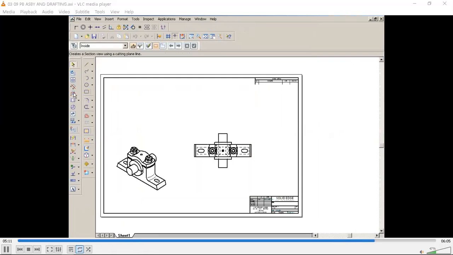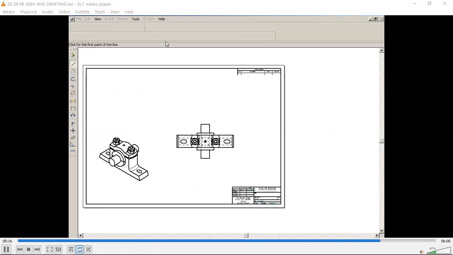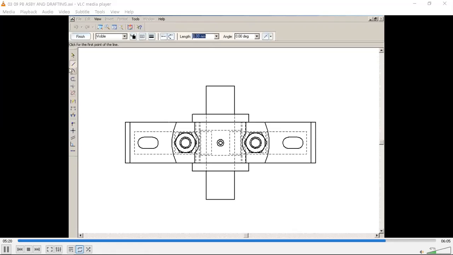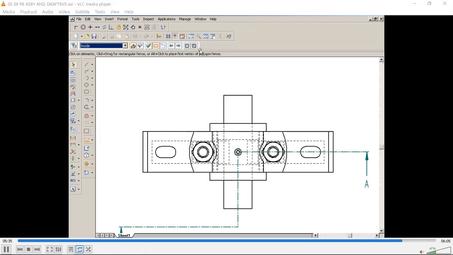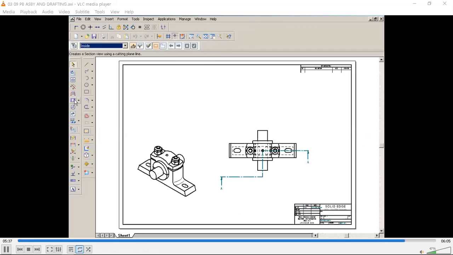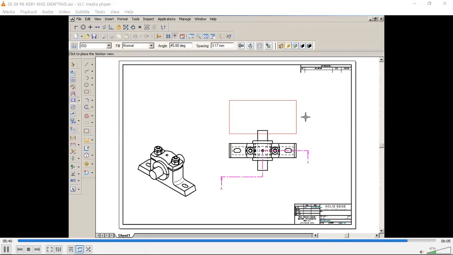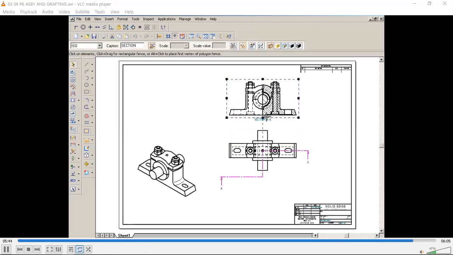Here I have deleted that because I want a sectional view. For that, in the top view, first I will draw a section plane definition. Here the right half is in section, the left half is in view. That is the half sectional front view I am going to draw. Just observe. So the section plane is drawn. Then you have to get the sectional view using the section command. So now this is the half sectional front view.